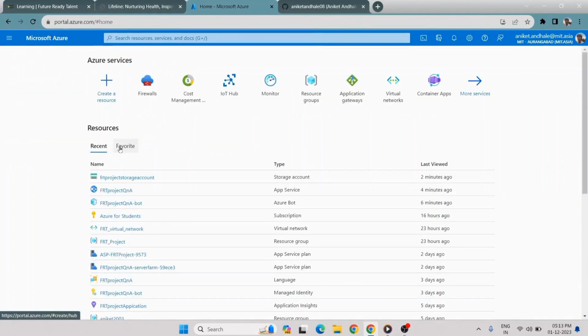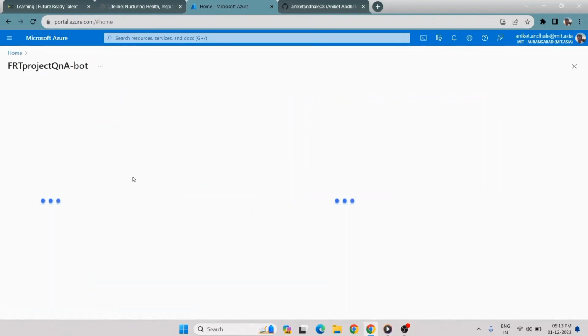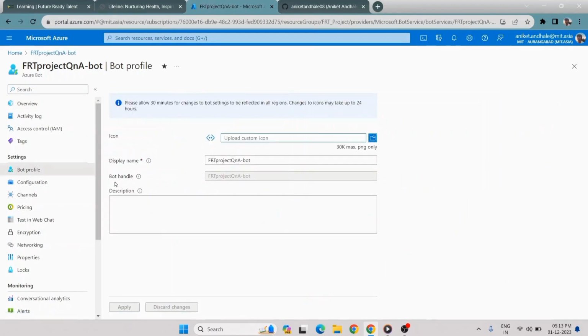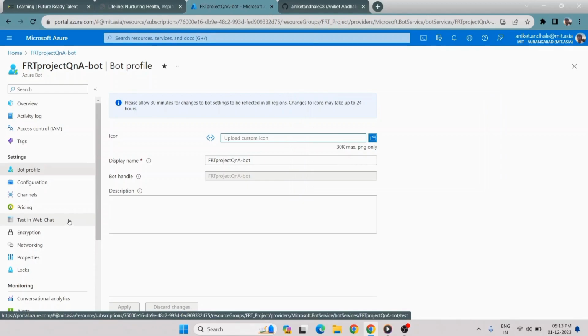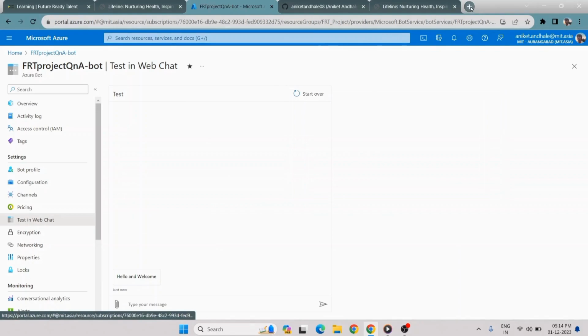Let's go back to the Home tab, and if I click on Azure Bot. Azure Bot is under the language service and I have created the Q&A bot and also added chit-chat for getting good responses for customers who are interacting with the bot. We can see here the profile of the bot and also the option provided to test the bot. So this is all about the Azure services overview which I have used in my project.